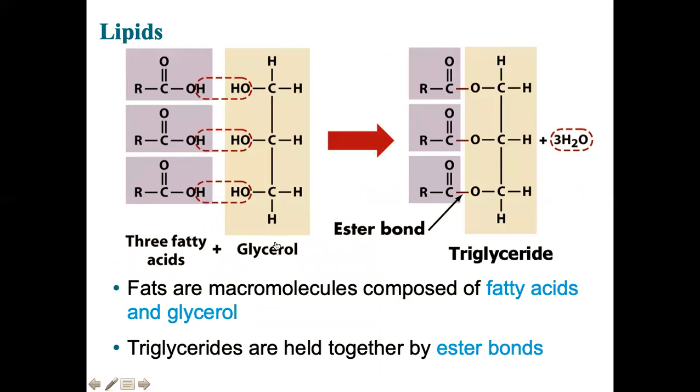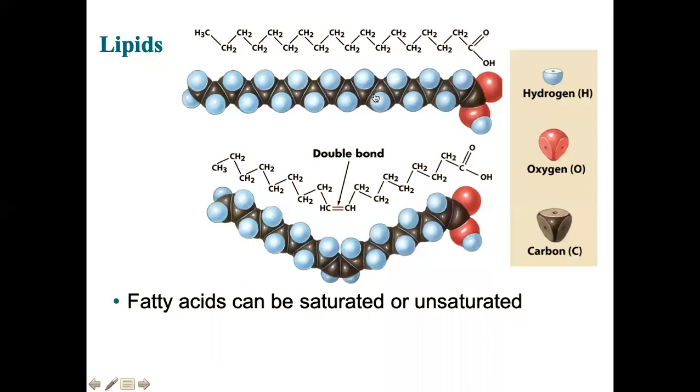Yeah, so this is another representation of those three fatty chains attached to a glycerol. It's just flipped over on the other side. Here's another representation of those really long fatty acids. Fatty acids can be called what we call saturated or unsaturated. And saturated just means every carbon has enough hydrogens that it doesn't need to bond with another carbon to balance out. If it doesn't have enough hydrogens, it'll have to bond with another carbon, and you get this little kink, and that's what we call unsaturated. So fatty acids can be saturated or they can be unsaturated.